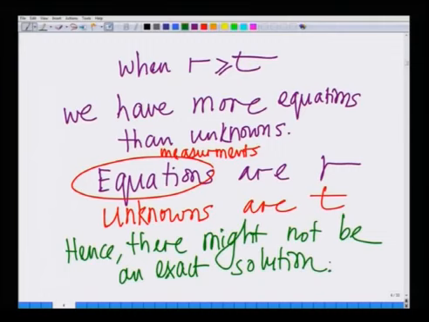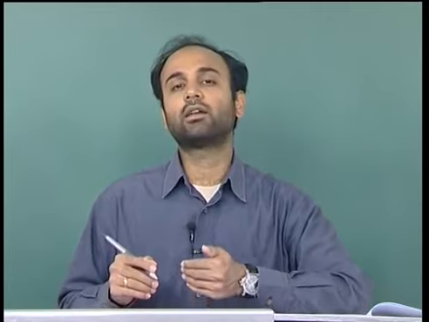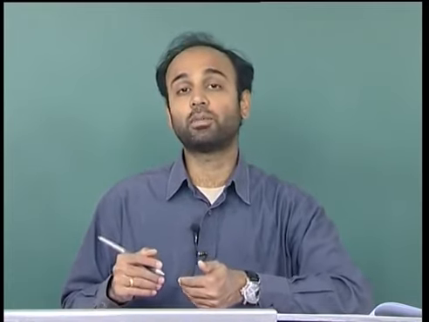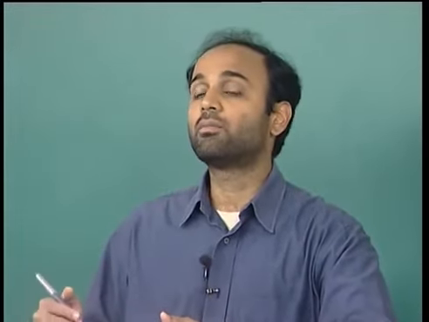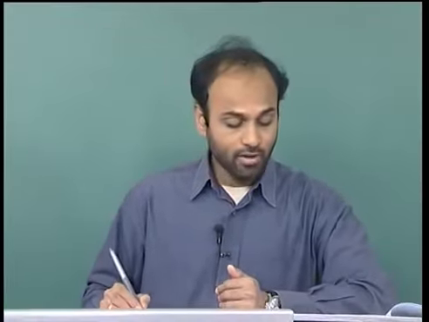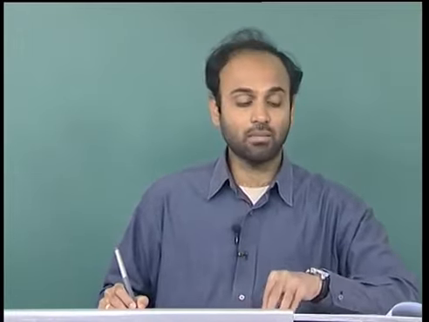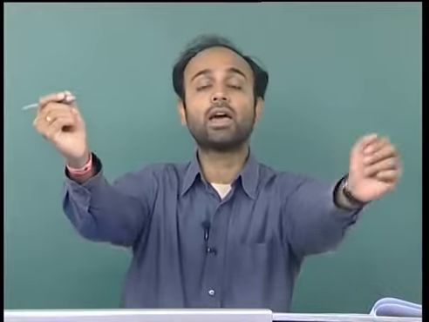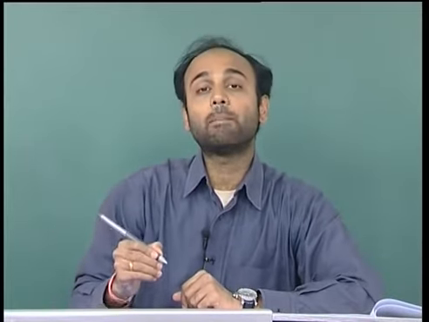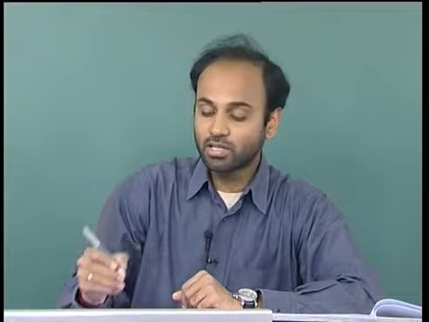This you know from your basic introduction to linear algebra, that if the number of equations is less than the number of unknowns, then you can possibly have an infinite number of solutions. However, if the number of equations is more than the number of unknowns, then there is a possibility of a non-existence of a solution. Hence, we can only approximately solve this system, and the method to solve this system is as follows. We will find the minimum error solution. So, we will find the minimum error transmit symbol vector.